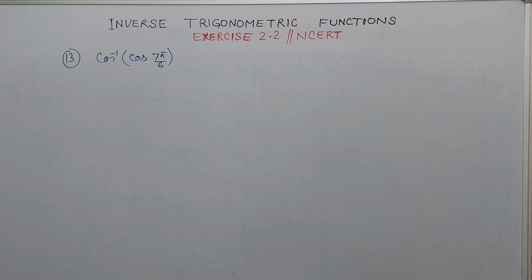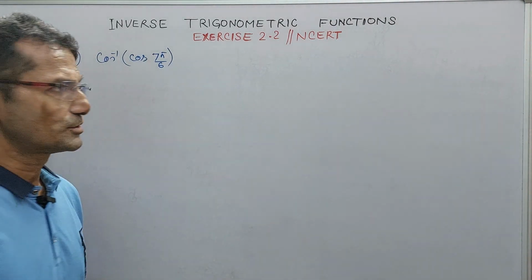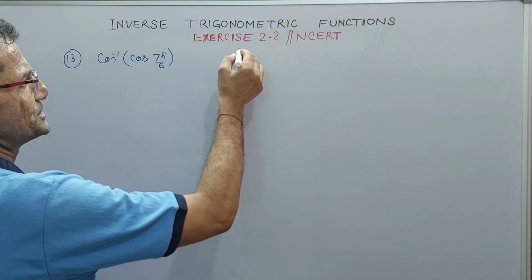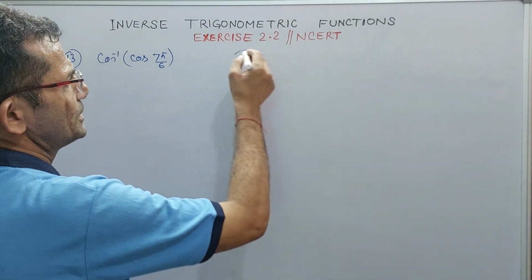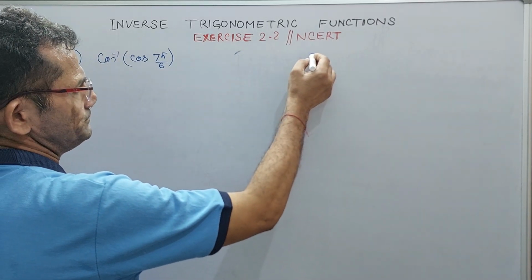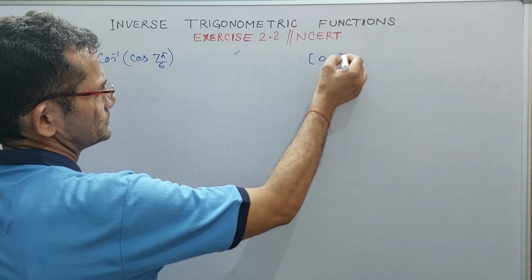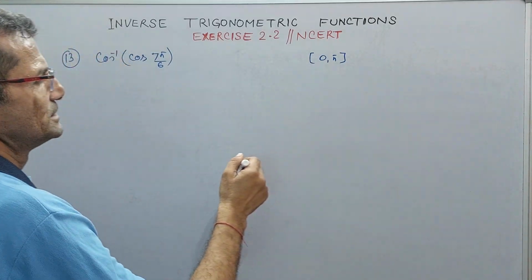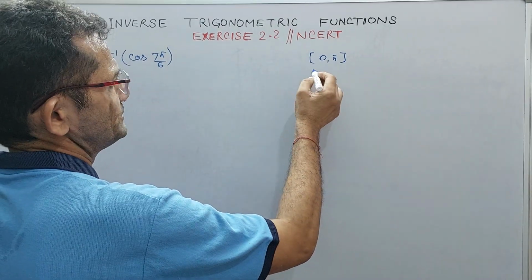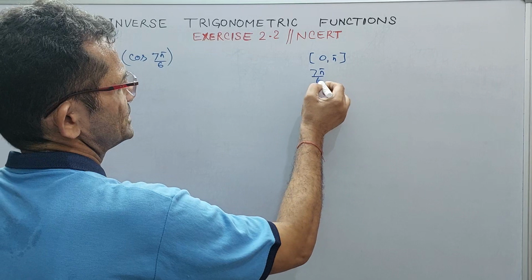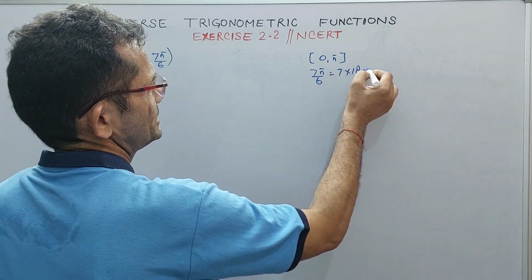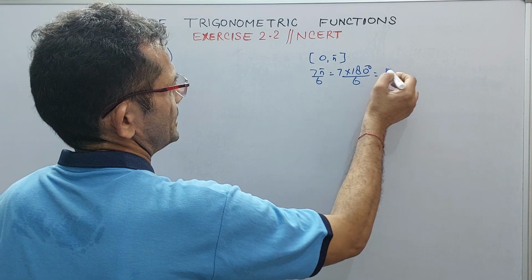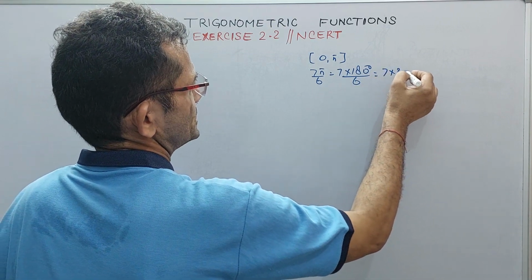First of all, we have to consider only the principal value branch of the cos inverse. The principal value branch of the cos inverse is 0 to pi. Now 7 pi upon 6, check whether this angle is inside this range or not. So 7 pi upon 6 will be 7 into 180 degrees divided by 6, which comes out to